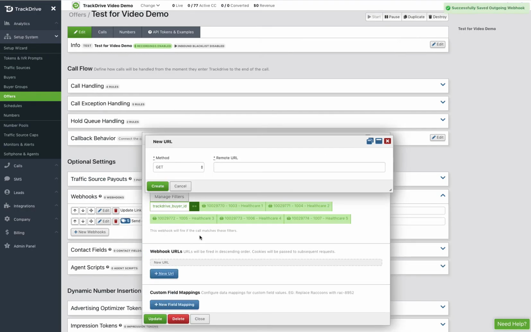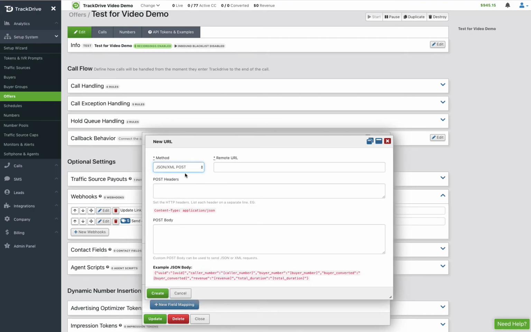Now the webhook itself can be a get or a post, pretty standard, and everything would be in the query string. Now just keep in mind, with post, sometimes the post stuff does have to be in the body. So if someone's telling you that the URL is one piece, that's the path, everything before the question mark, and everything after the question mark is the query string. Sometimes they'll even have a couple of fields in the query string, but then need in the post body the rest of the fields. So if you do have a post that needs things in the body, it wouldn't be in JSON or XML format, just the other things like